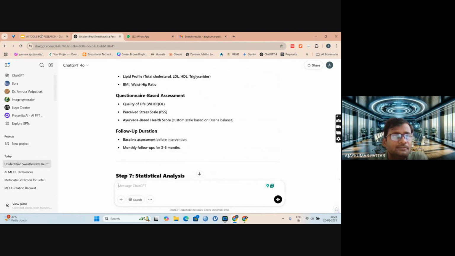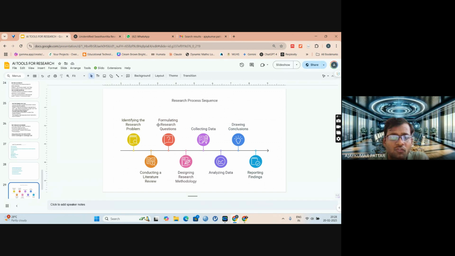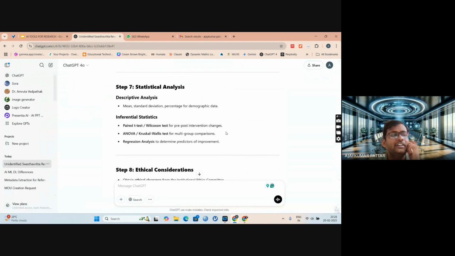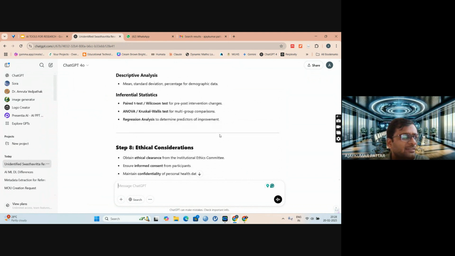So next, formulate a research question. Now how can you formulate a research question? Sometimes you identify a research problem not by ChatGPT, but on your own or by any other method.